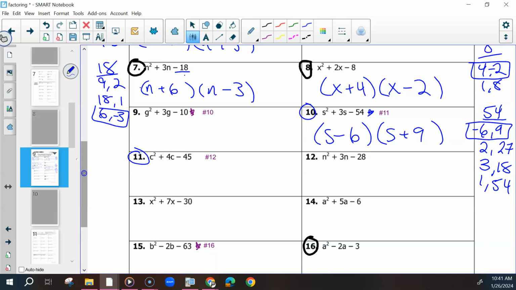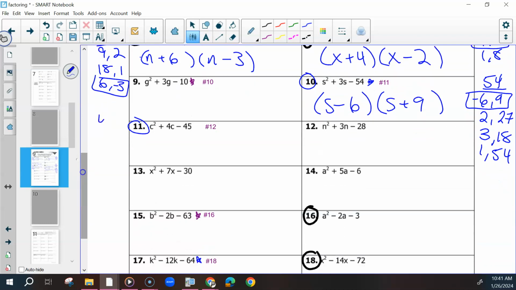This 3 just has to add or subtract to that. So if I were to add these two together, I would get that. Okay, we could do 11 really quickly. So, factors of 45. 5 and 9. 3 and 15. 45 and 1. Sometimes we forget about the number itself and 1, and sometimes that's the answer, so make sure you